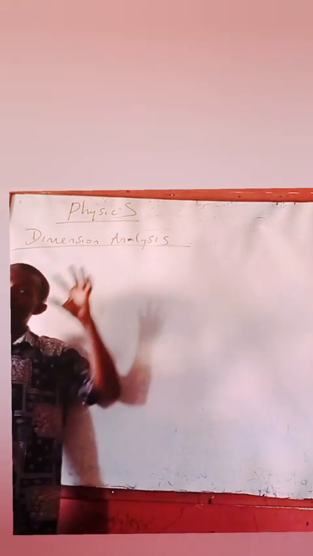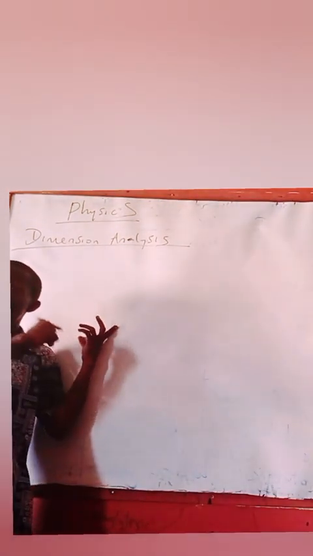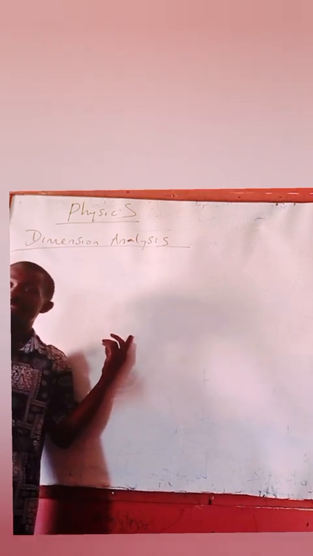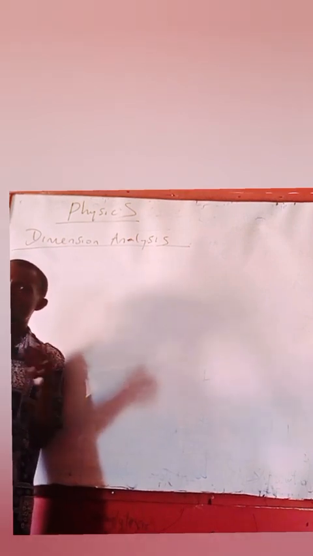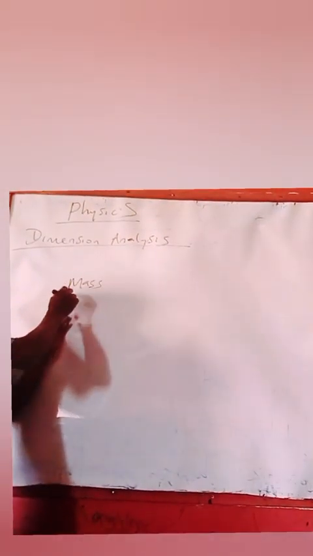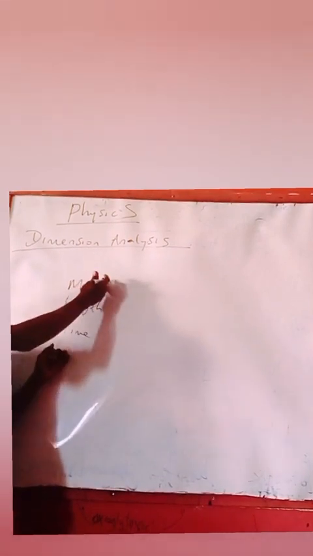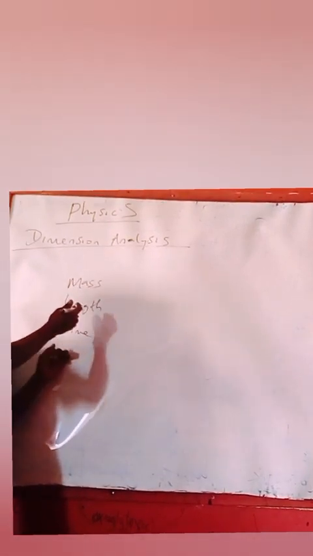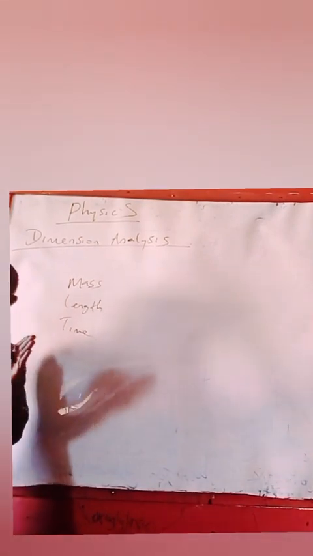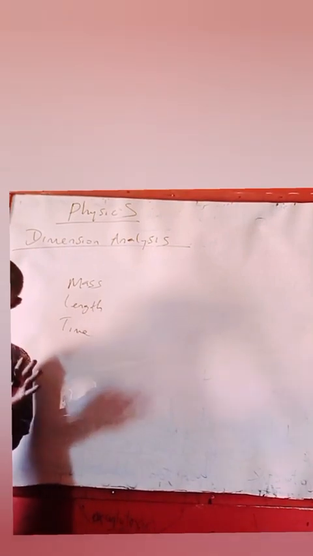Dimension analysis simply means expressing physical quantities in terms of the basic quantities. What are the basic quantities? The basic quantities are mass, length, and time. If you express every physical quantity in terms of mass, length, and time, what you are doing is referred